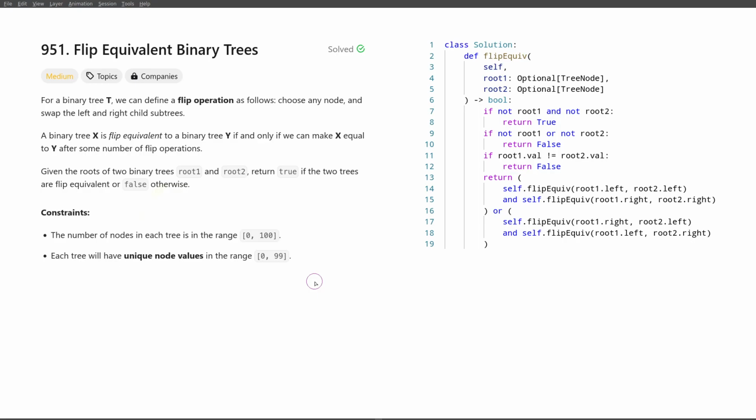So we can exchange subtrees that are children of any node, and we want to know that after some flip operations it's possible to get the two trees to look the same, or it's impossible. And it's important to note that the values of nodes are unique. If you don't see why this is important at this point, you might notice it later when you think about